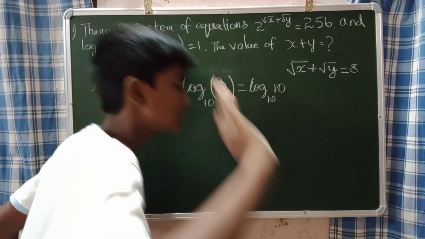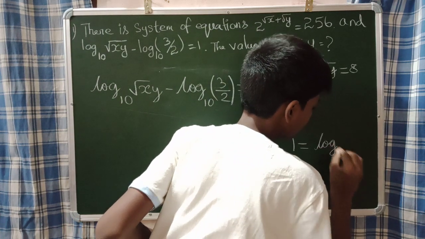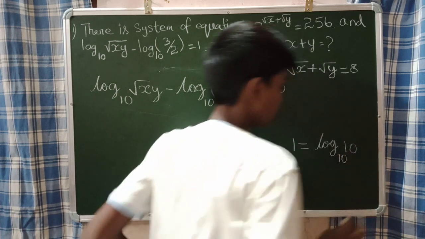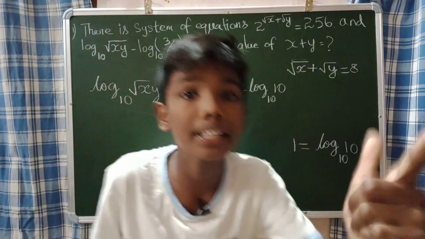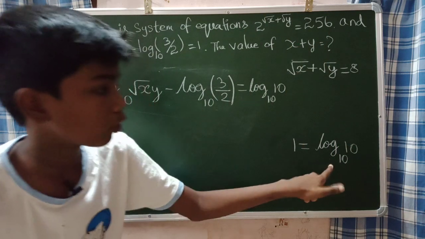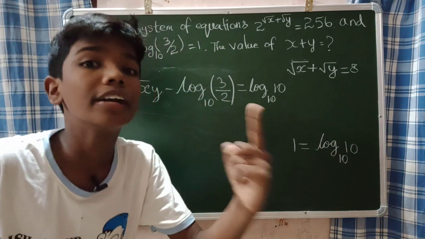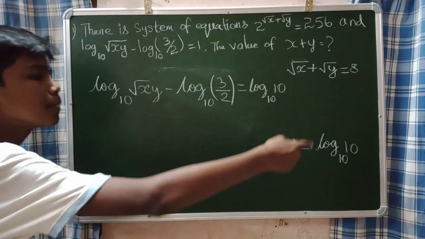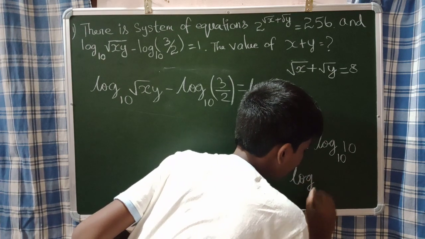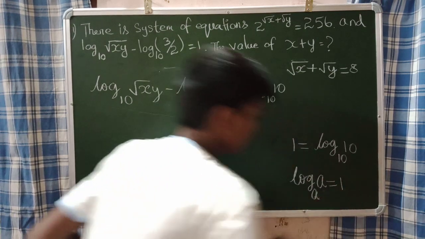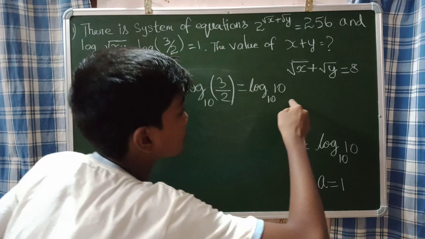What I am doing is just a basic thing, guys. We know that we can write the 1 as log to the base 10 of 10, because this is one of the rules which you learn in your logarithm. Try to understand this, guys. This is one of the rules in the logarithm which you learned in your 10th standard. That means log to the base a of a can be written as 1. Using this rule, this 1 can be written as log to the base 10 of 10.